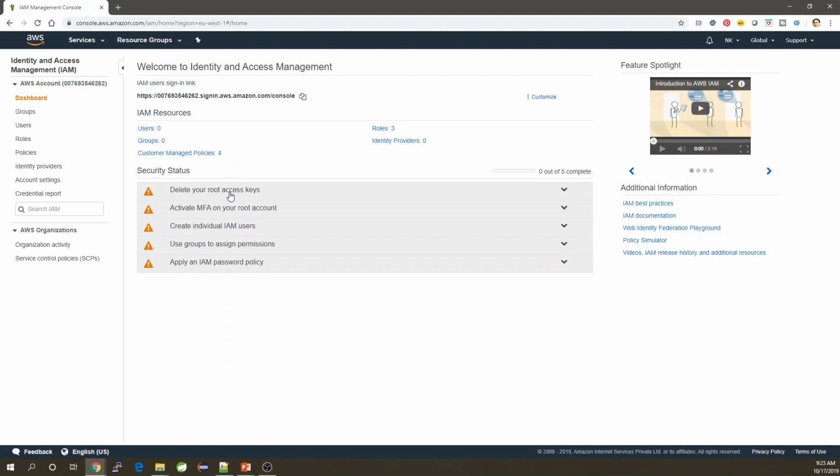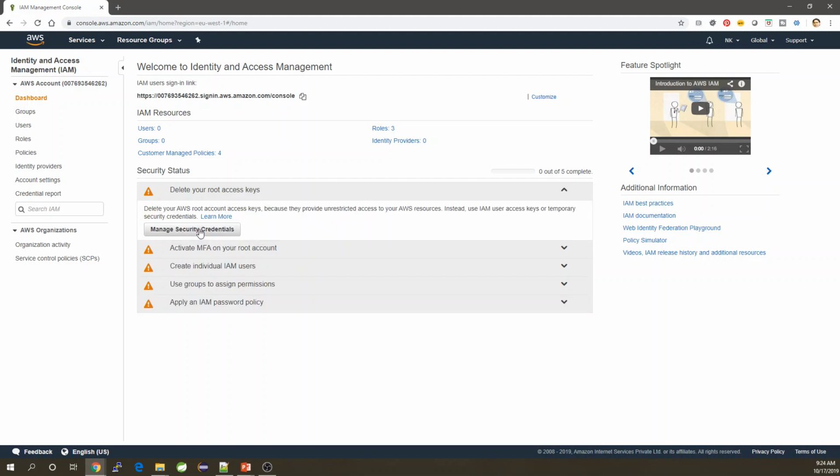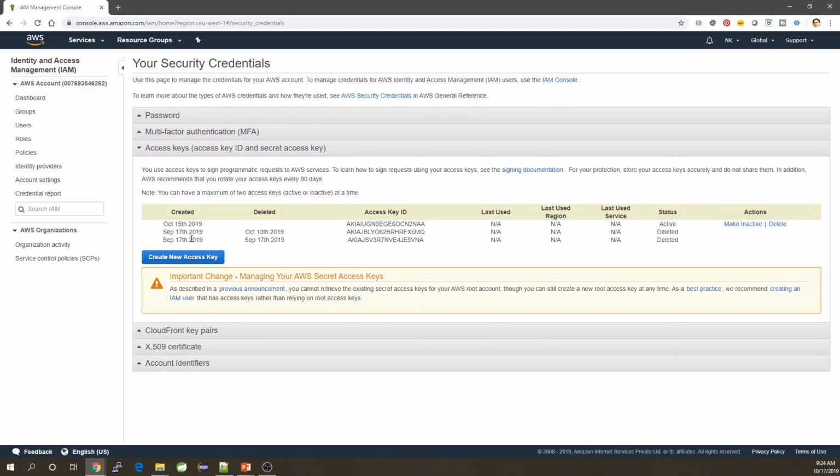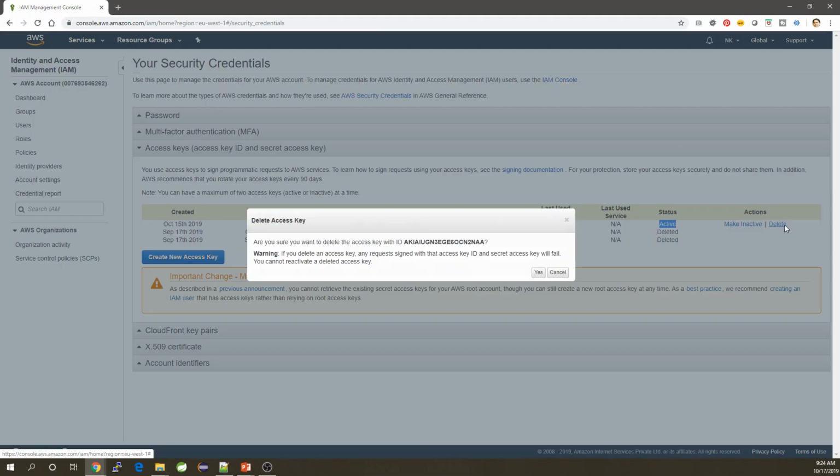This is asking us to delete the root access key. Ideally, with best practices, we should not use the root account for any purpose, either for programmatic access or management console access. So let's go to the manage security credentials. Let's locate the access key, which is the third one in the group. See if any key that you have created still exists with the status active. Delete them,